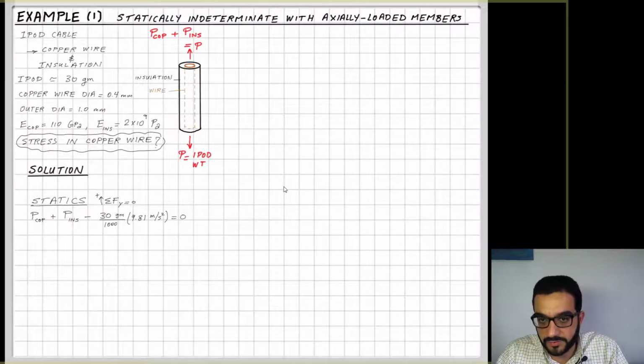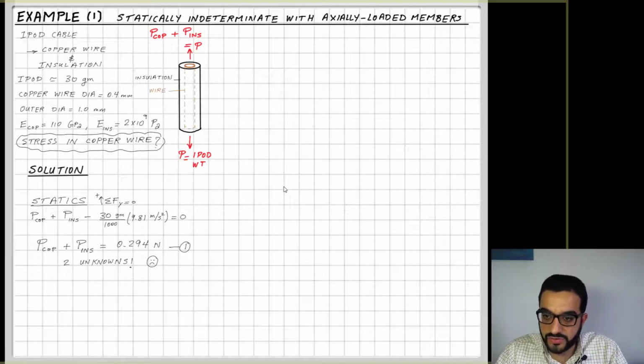I'm giving the mass as 30 grams, so I convert it to kilograms by dividing by 1,000 and multiply by gravity, 9.81 meters per second squared. Both the wire and the insulation carry the load of the iPod, 0.29 newtons,